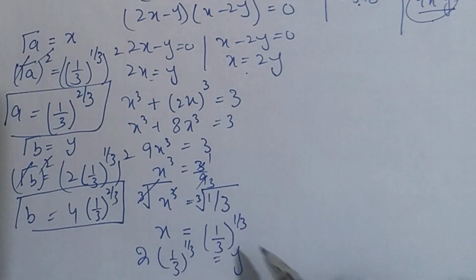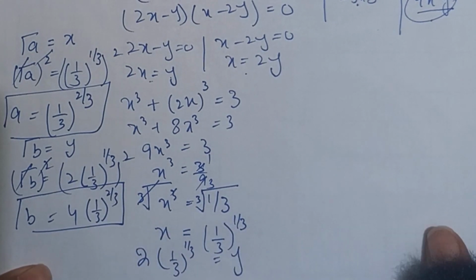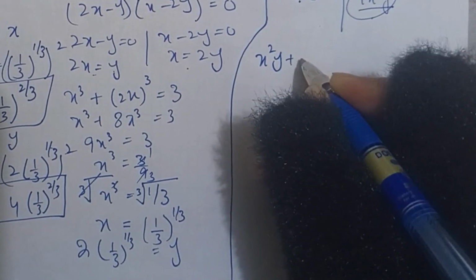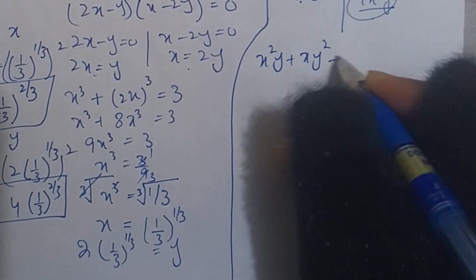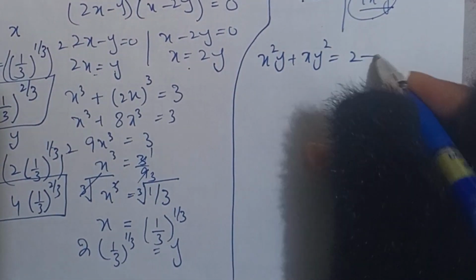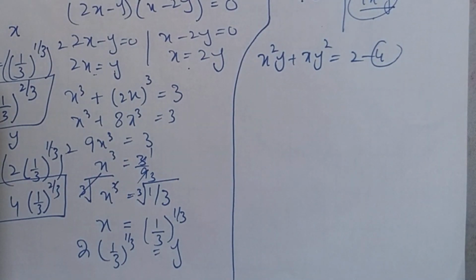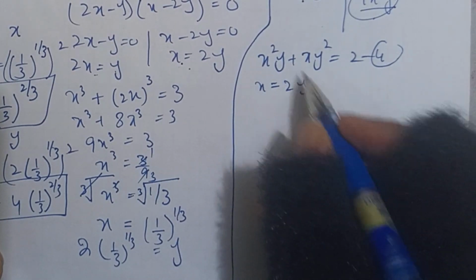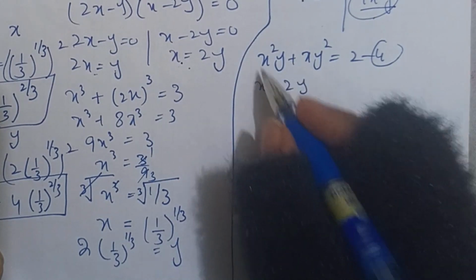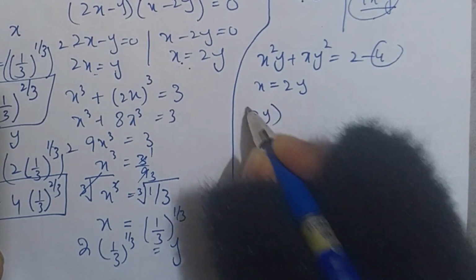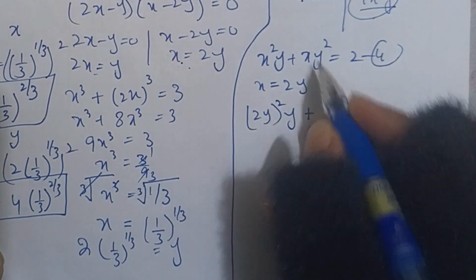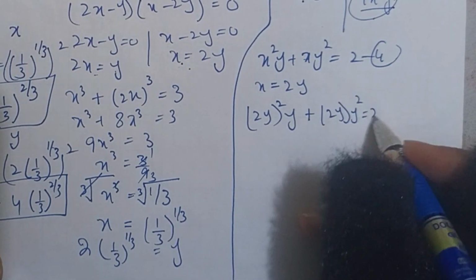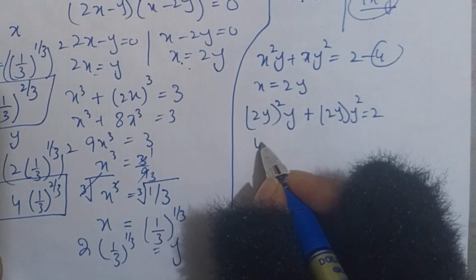Now we use our equation number 4 and find the value of a and b. The equation 4 is x squared y plus x y squared is equal to 2. This is our equation number 4. And we use x is equal to 2y in equation number 4. Then this will become (2y) squared y plus 2y multiplied by y squared is equal to 2. So this will become 4y